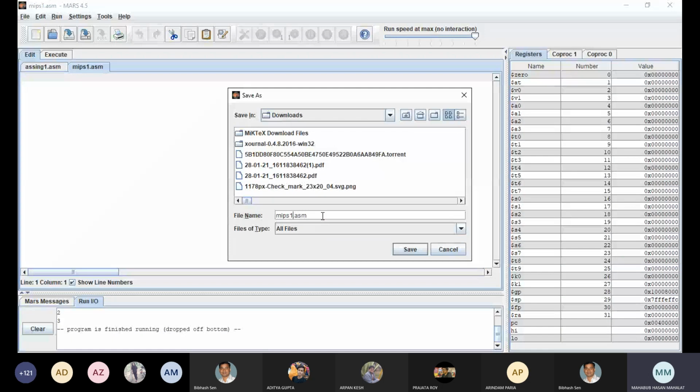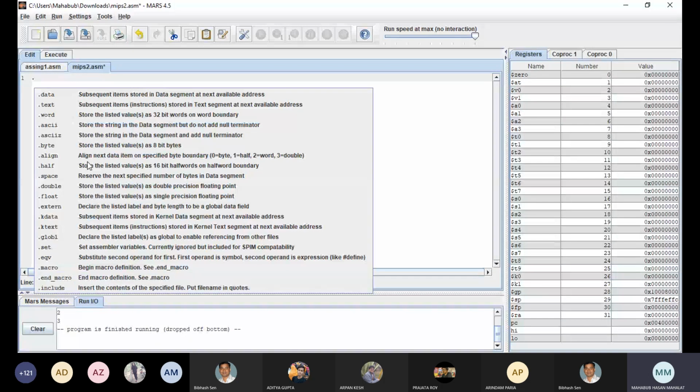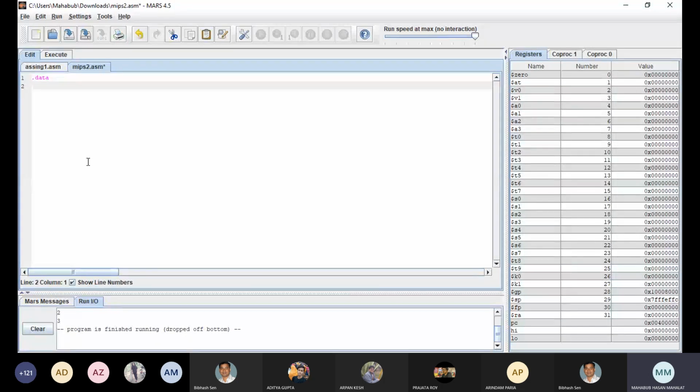I want to take a string from the user. So let me write the data section. Okay, I will take some arbitrary input from the user, and then I will print it. At first, I will print hello, followed by that arbitrary string. So for that, I have to store the message hello. Okay, so store the message: message colon .ascii